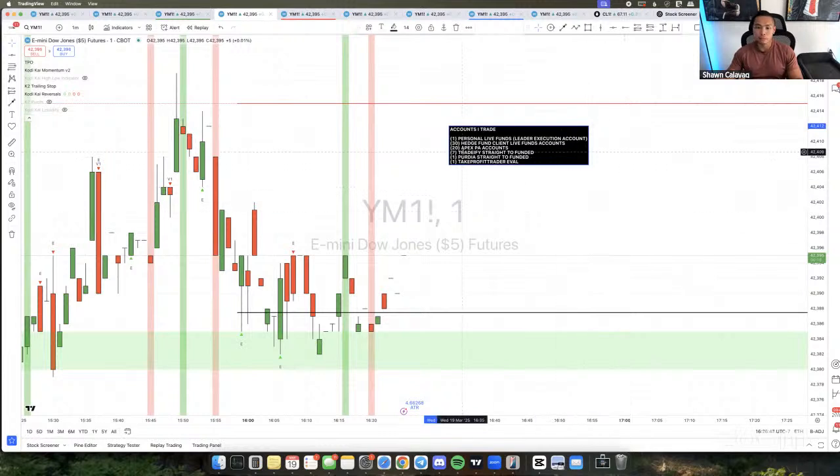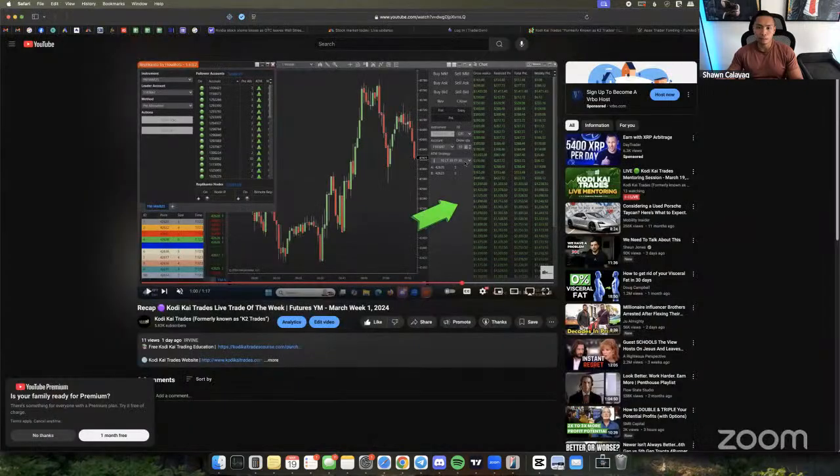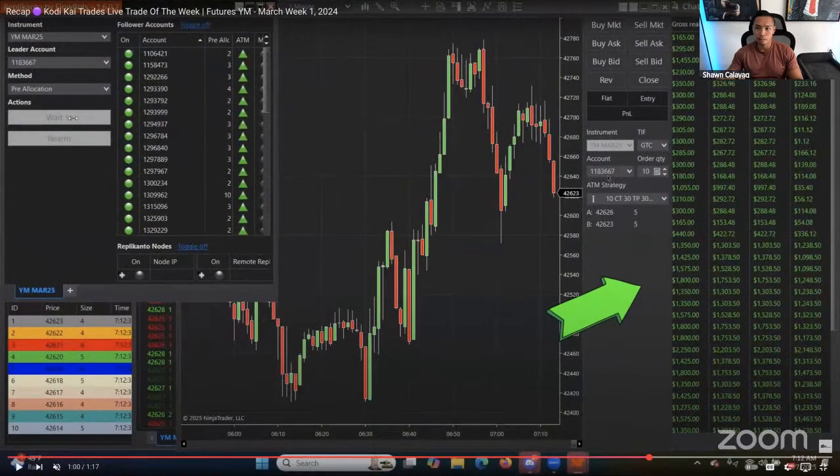So for me, I trade directly on my main account, which is this one. You can tell it's a real account, like a main account, because it doesn't say Apex, it doesn't say Tradeify or any of that stuff. This is my main personal money account, and then it copies to all of my hedge fund clients, and then Apex, and then Tradeify, and whatever. But yeah, it's about like 60 accounts here. You guys can see it's a lot of accounts.